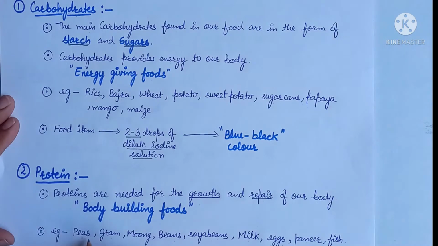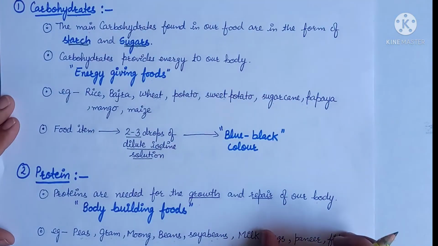We have some examples like peas, gram, moong, beans, soya bean, milk, eggs, paneer, fish. Up to soya bean are examples of plant based products, as well as milk, egg, paneer, fish are examples of